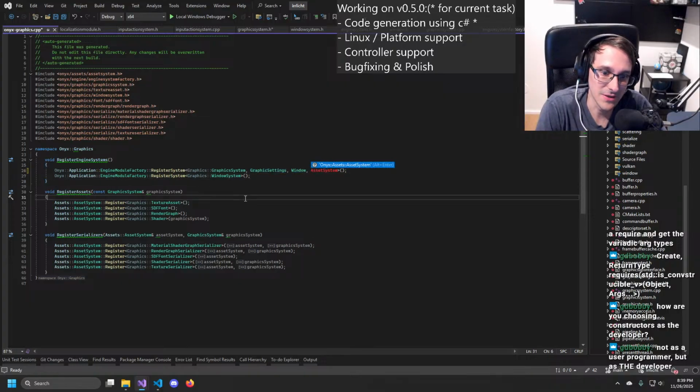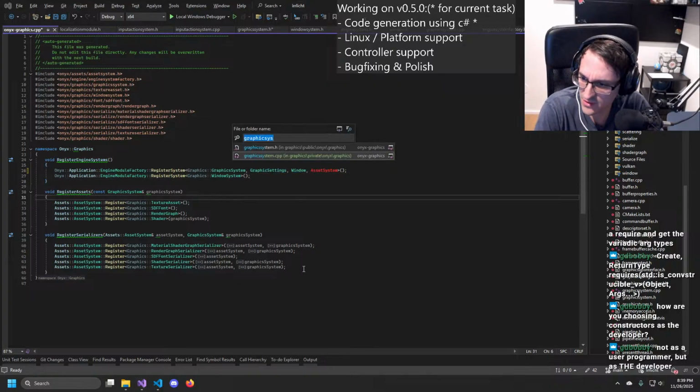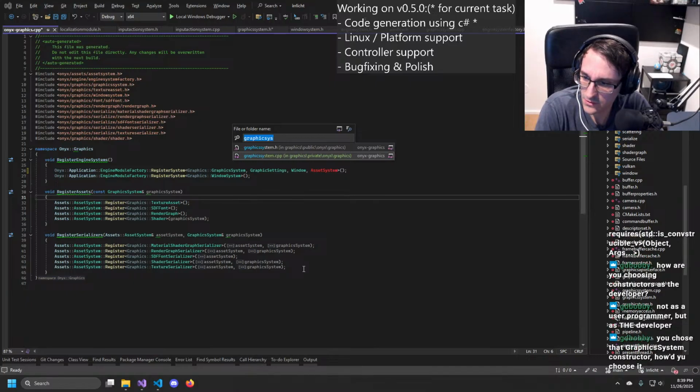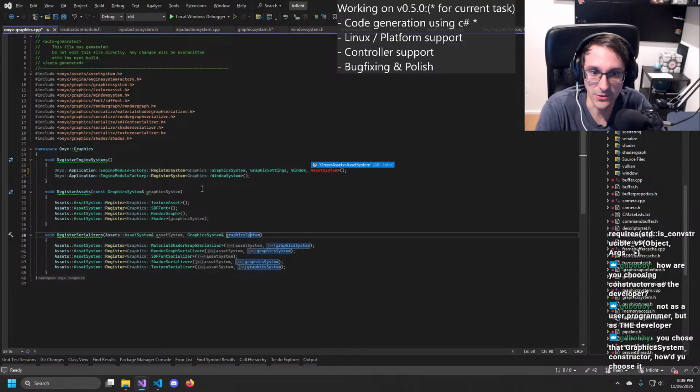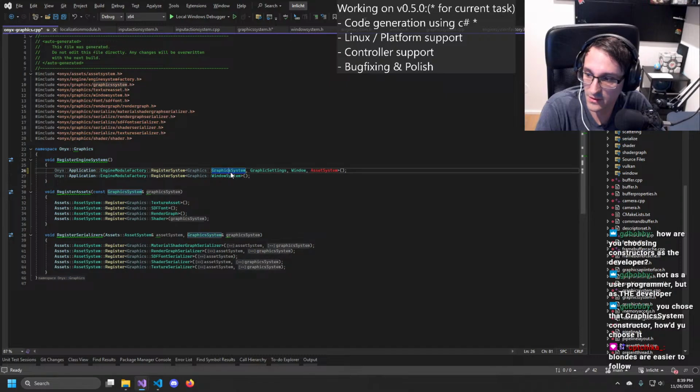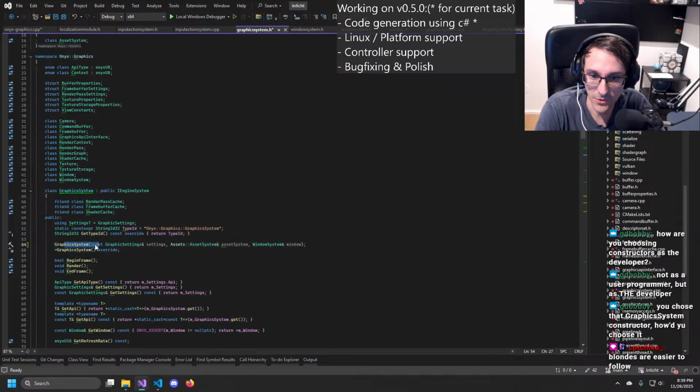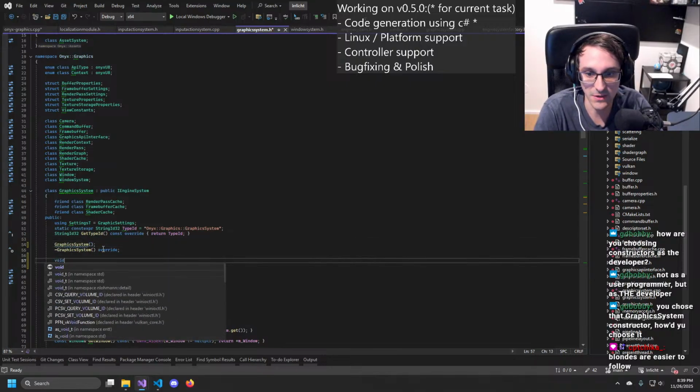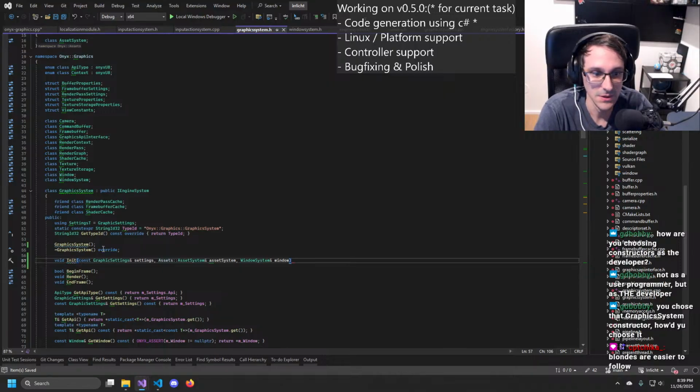Because if I do that, it's for the ImGUI system? Currently I don't choose a graphics system constructor. Currently it's default constructed. What I had was this, or even no constructor, and we had an init function. And that was it.